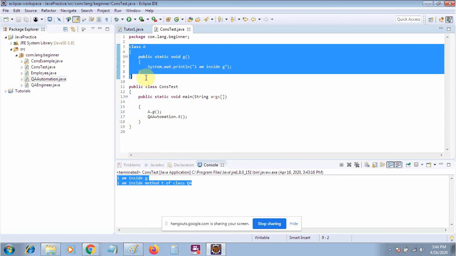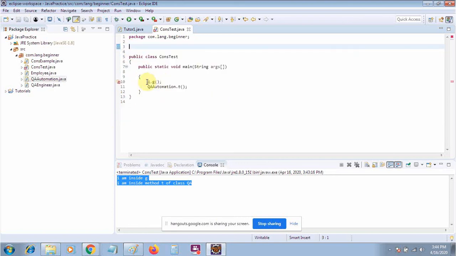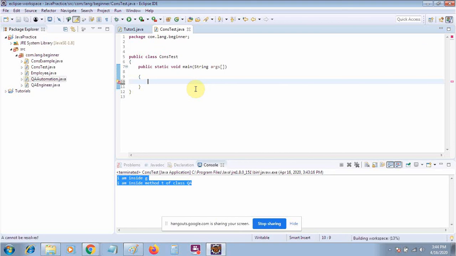Let me remove this one. Suppose that we have a class and it has a main method. So abstraction, what does this mean? If a class contains any abstract method, then the class will be declared as an abstract class. An abstract class is never instantiated. It is used to provide abstraction, although it does not provide 100% abstraction because it can also have concrete methods or non-abstract methods.